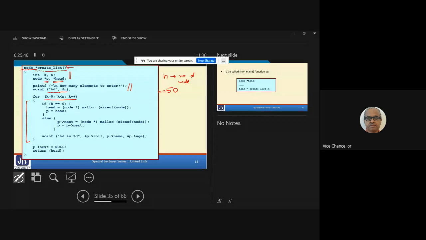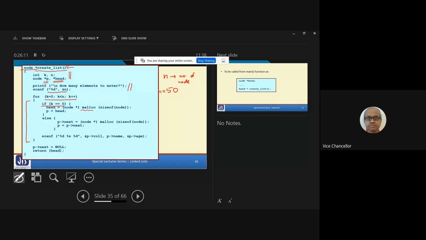First, we are checking if k is 0. What does k is 0 mean? It means that we are reading the first student data, right? K is 0 means the first student data, the first time in the loop. So what we are doing?